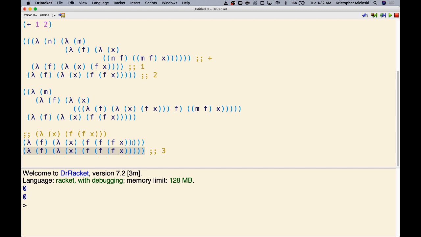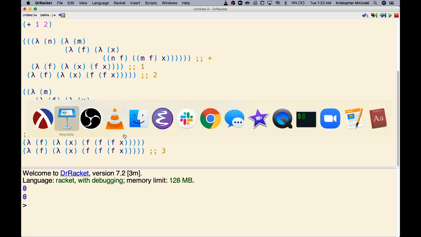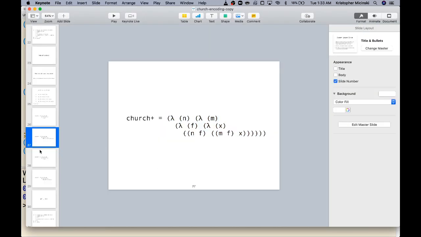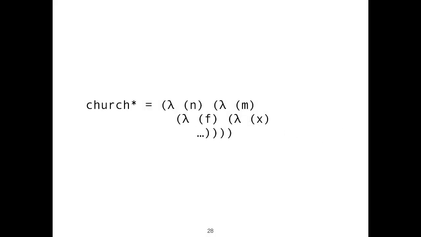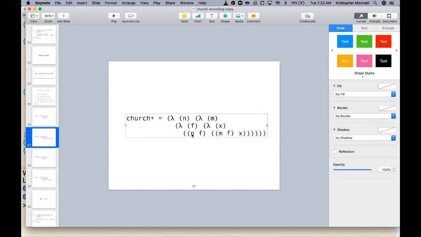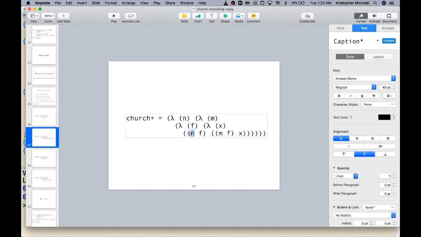All right, so it's pretty amazing. It looks scary at first, but actually it's just a whole bunch of pretty simple beta reductions. All right. So what's the intuition here? Well, the intuition here is that this is going to perform f n times. That's what n is going to do. And m is going to perform f m times. So if I take f performed m times, followed by f performed n times, then I basically get n plus